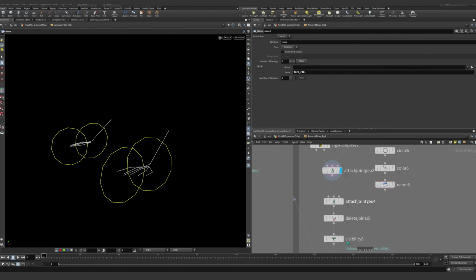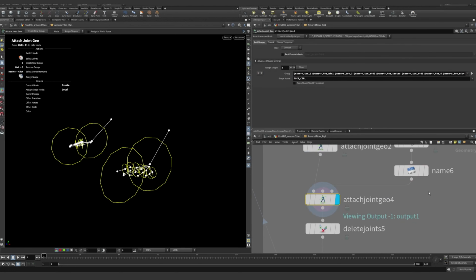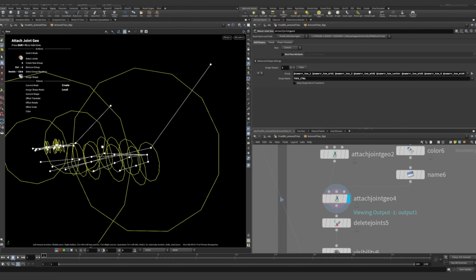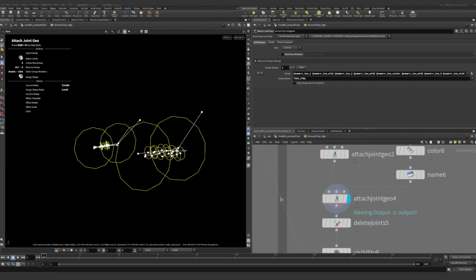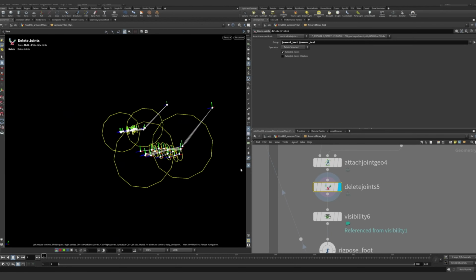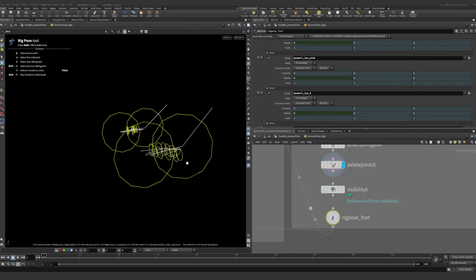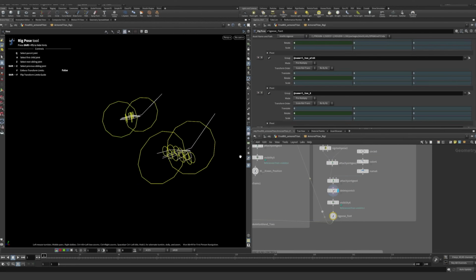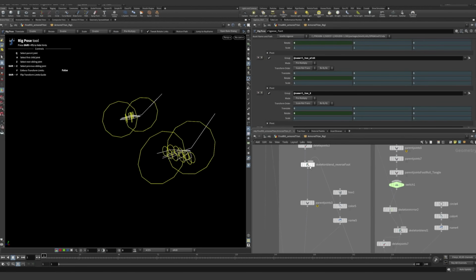Once again, oh sorry, we created tiny controls for each individual finger of the foot. Again, we're deleting more joints and having again the rig pose that we need with all these custom controls that we are later